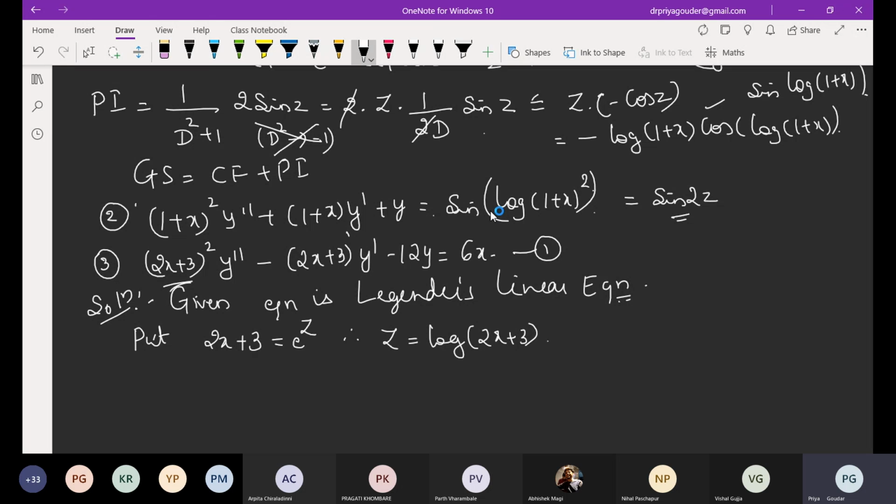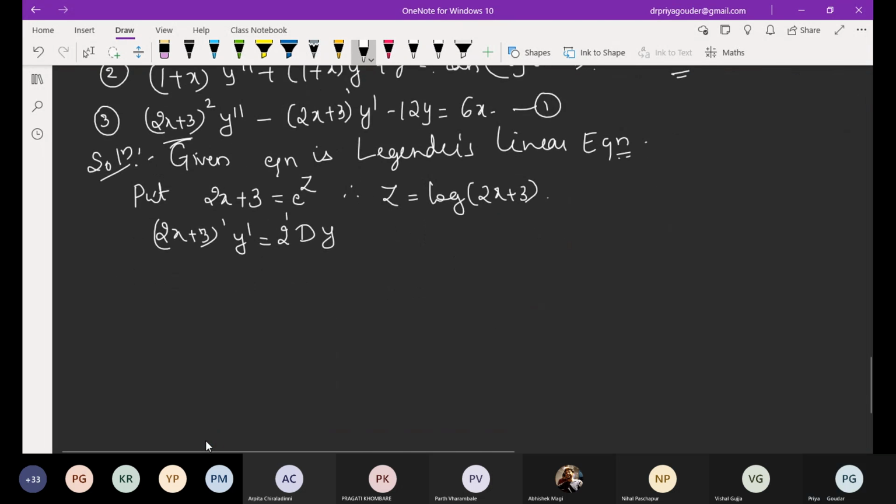Tell me now, what is the first part? 2x plus 3 means power is 1 into y dash is what? Usual way, D y. What is extra? What is the coefficient of x? It is 2. So you'll get 2 raised to 1. Am I right? Is the part clear? Here the coefficient in the earlier example was 1, so it did not affect. But the coefficient of x is 2 here. Don't forget, otherwise if you miss this 2, your differential equation will be different from the one given.